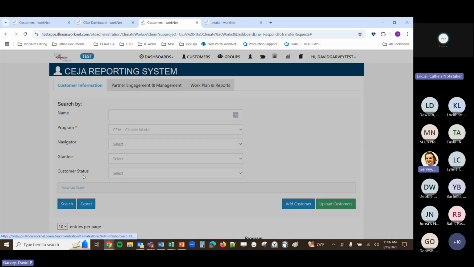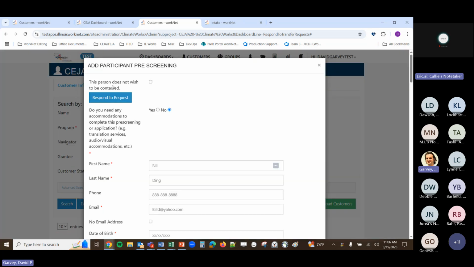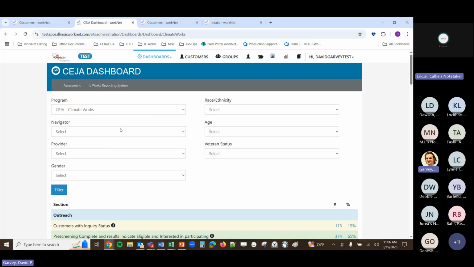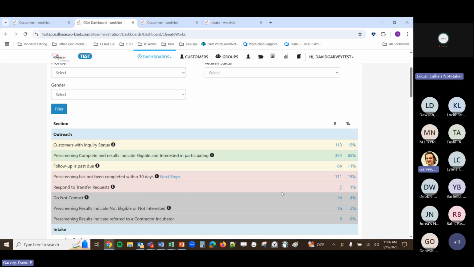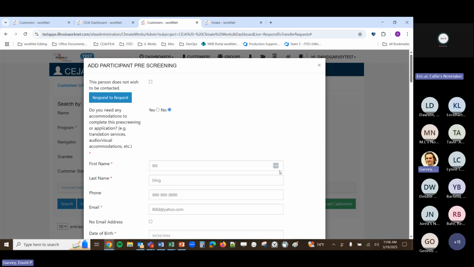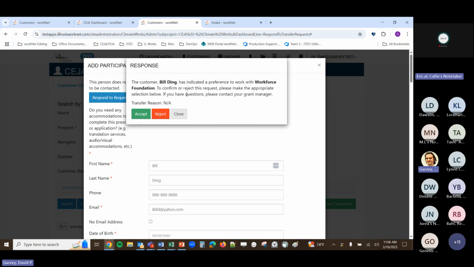And so when they did, when that request is made, then CW12, that hub, will see Bill here in this row, respond to transfer requests. At the top left, we can see this button, respond to request, and then they can accept it here as well.